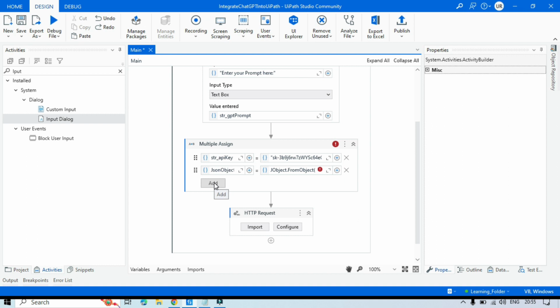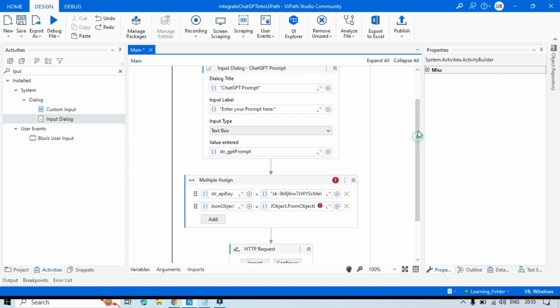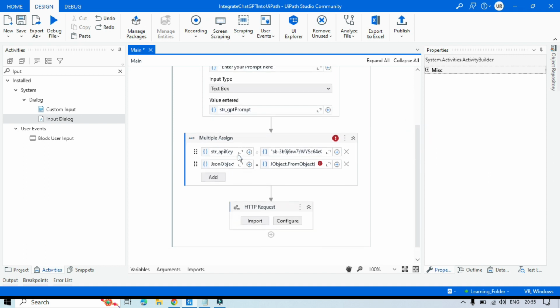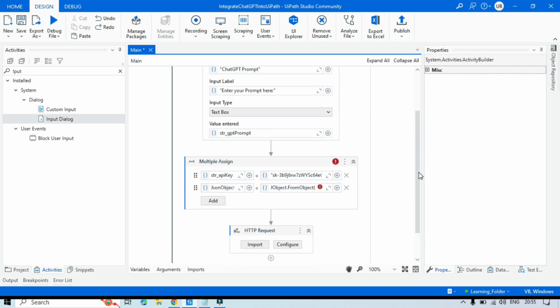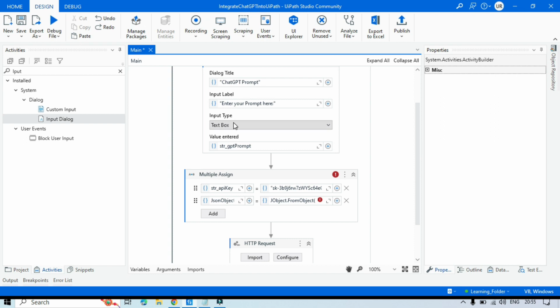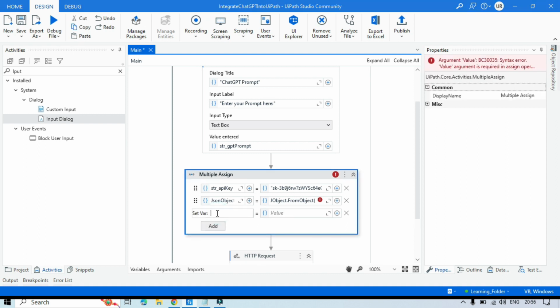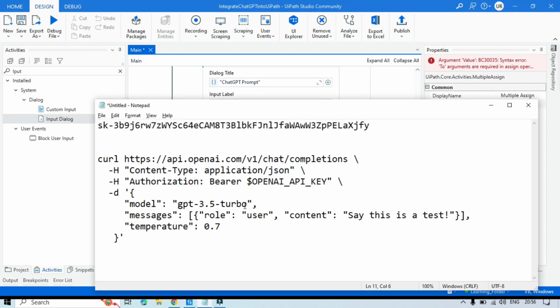If it is required to change the model, you can change it in this variable, in this Assign activity, or you can also take an input dialog box so that you can dynamically assign the GPT model. For now I'm going to create here, Control K, one variable str_GPT_model, and this will have this model. Let me copy this,